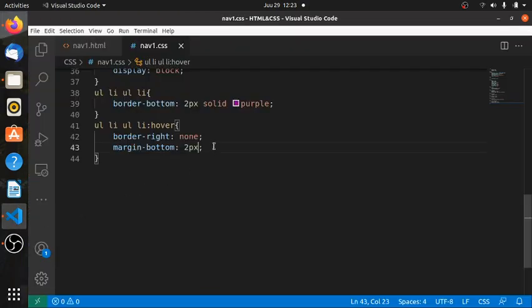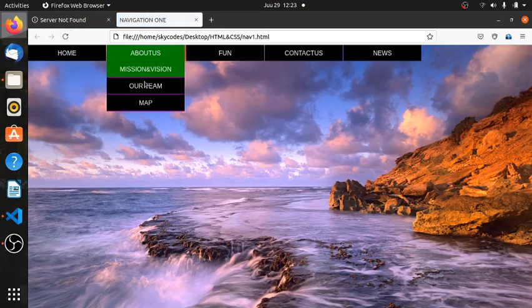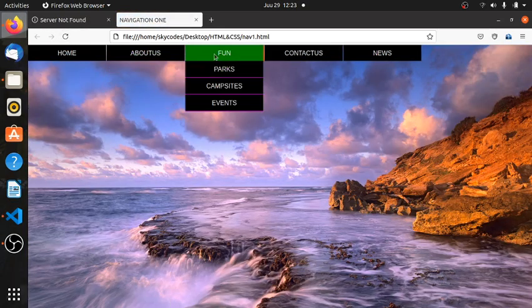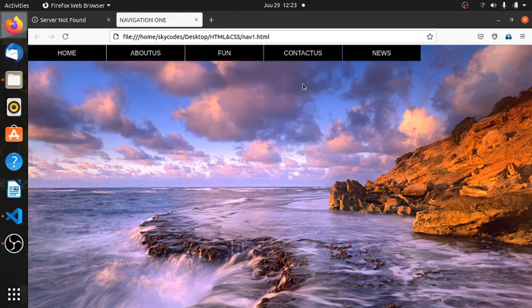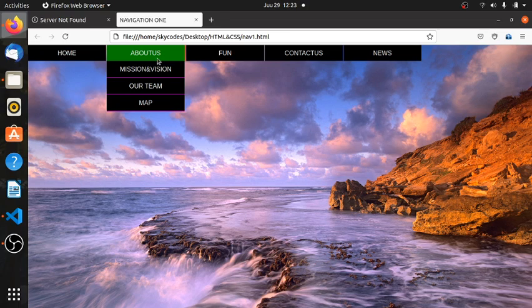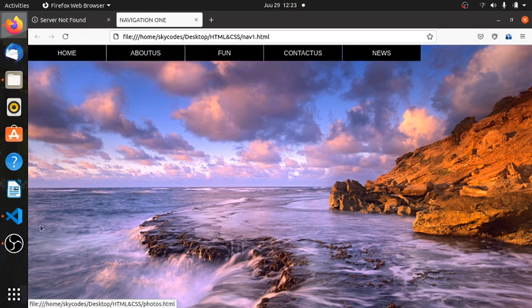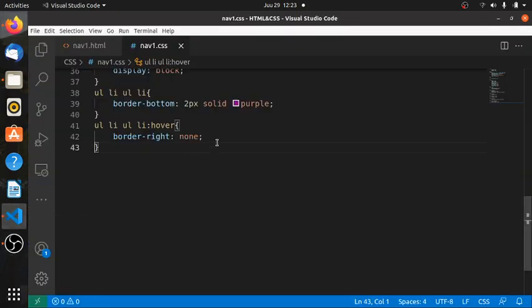If you still want them separate like that, if not, you can as well leave them the way they are. Just trying to show you that it is possible to have it the way you want. Okay, so it means there are many things you can do here, that when you hover over maybe these ones here, or you can do it here, that for example